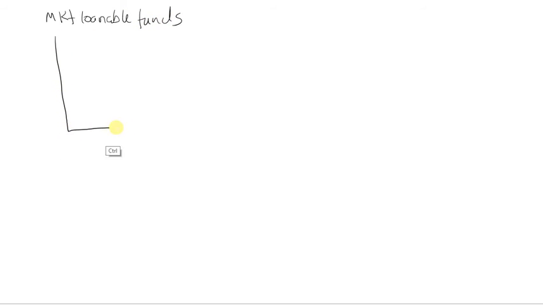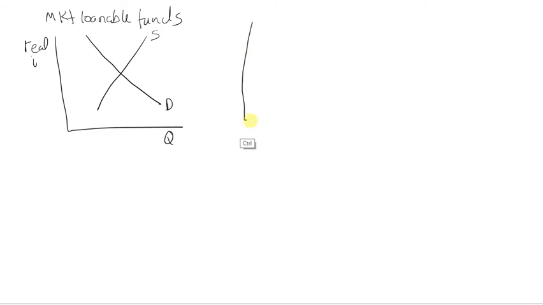So I can say that the market for loanable funds is going to look like this. We have the real interest rate, and here we have a quantity of loanable funds, and we have a downward sloping and upward sloping, demand, supply. Keeping in mind demand is from I plus NCO, and the supply comes from savings, national savings, and now NCO is a downward sloping line. This is the real interest rate, and here we have NCO,